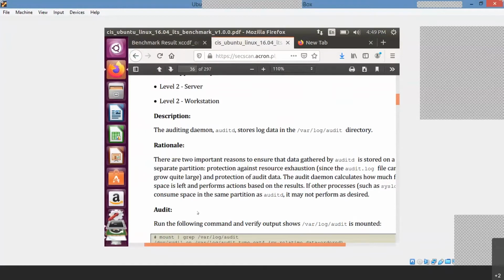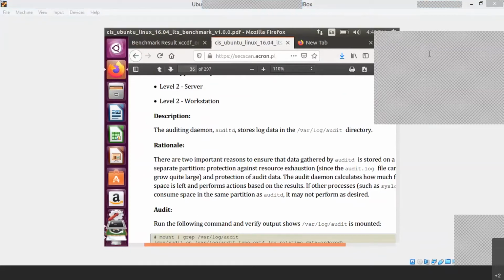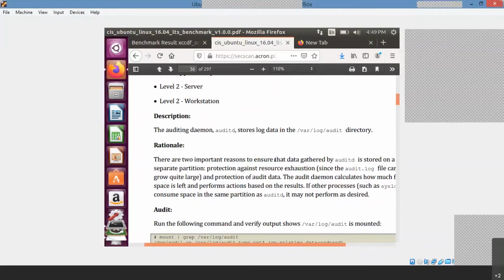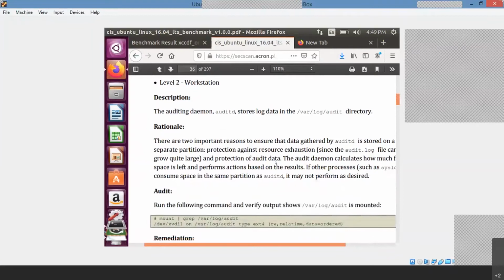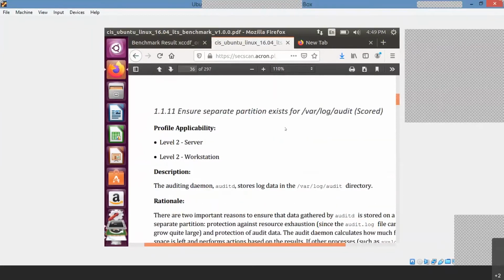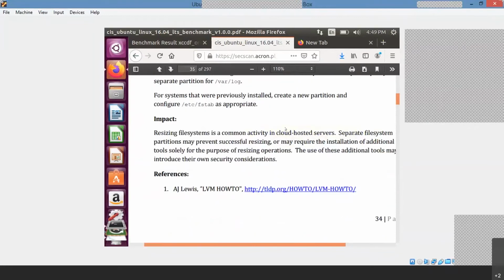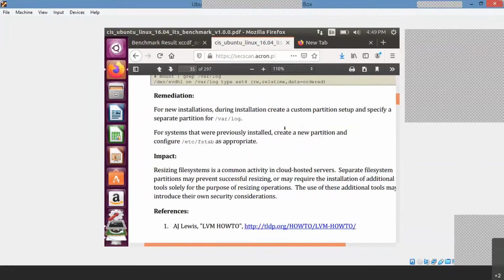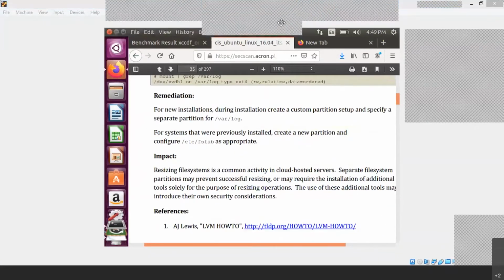Usually /var/log is not created by us, but it should be created from a security point of view. We have to create it. Otherwise, what is the problem is the data which is gathered. You are talking about /var/log, right? So generally what happens is with respect to